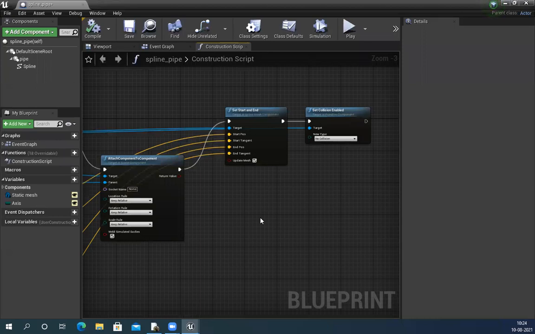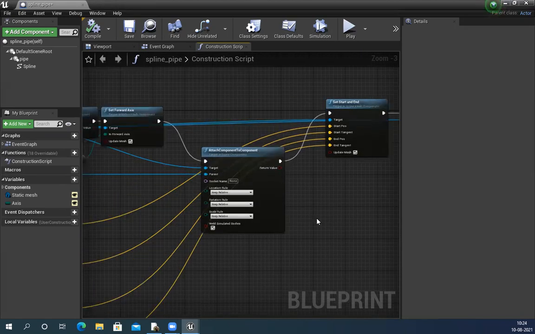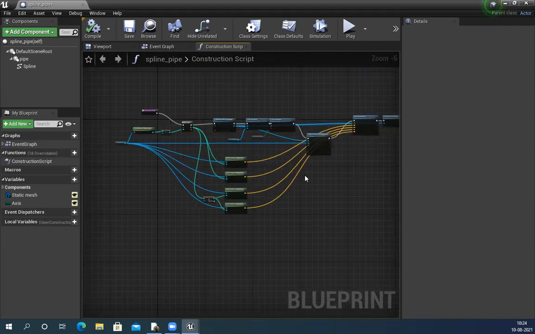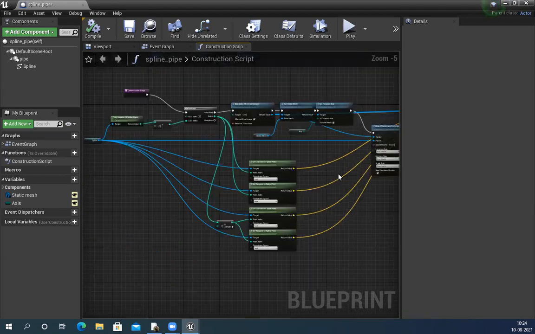I don't know programming, because blueprint is basically coding. It's visual scripting, so you need to understand how script works, how programming works. That's why, if you want, I can share this blueprint so you can use it in your scene. I created it, so there is no copyright issue or problem.